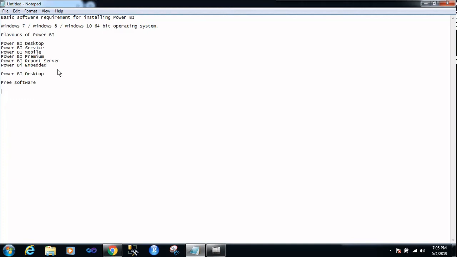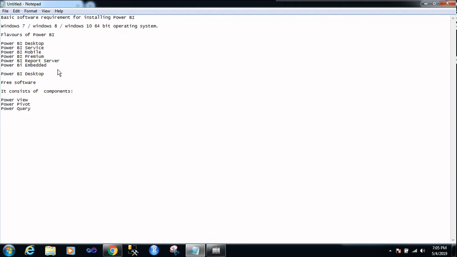It consists of three components. What are they? Power View, Power Pivot, Power Query.